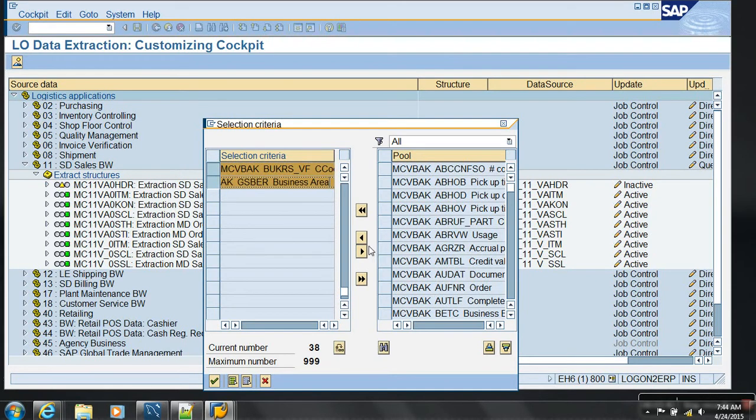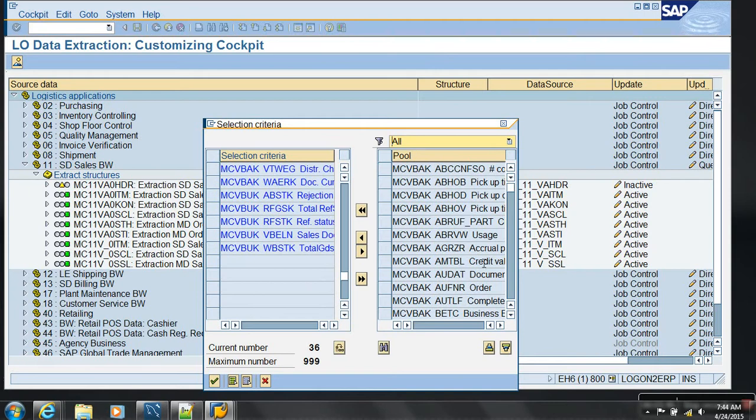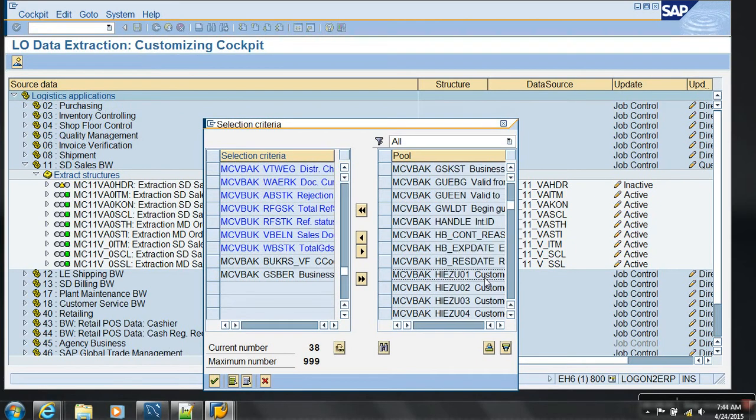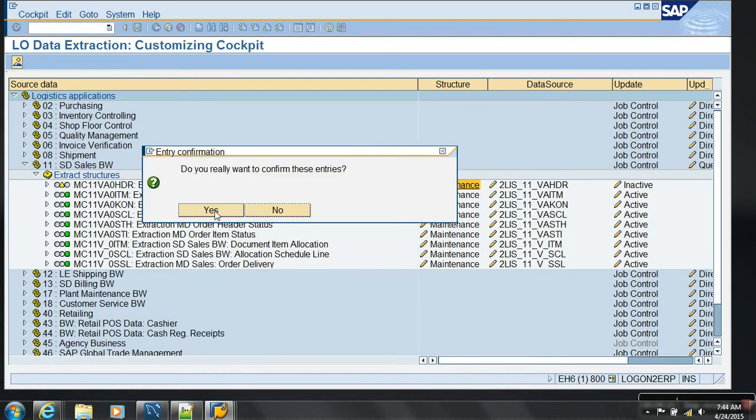So I'm just removing this. Let's say these are not there here, and you're not happy with these fields, and you start moving them. Booker's VF, and what is it you wanted? GP. Okay, and let's say I want one more, DR name. These three fields I wanted. Say okay. Yes.